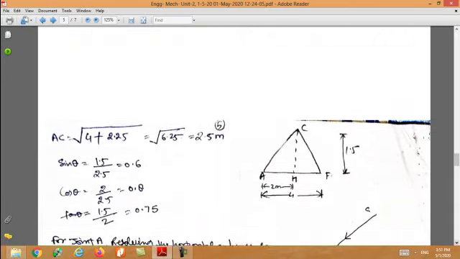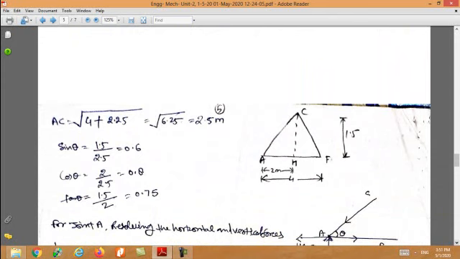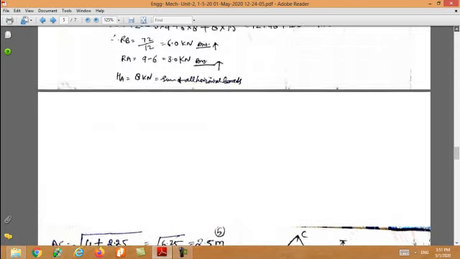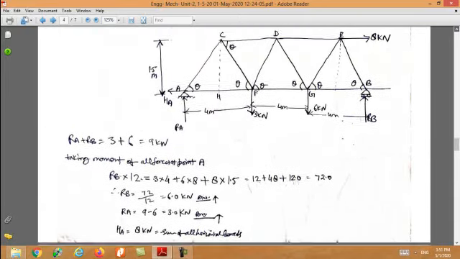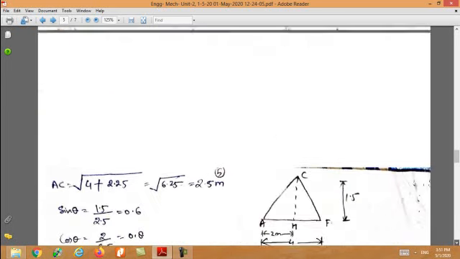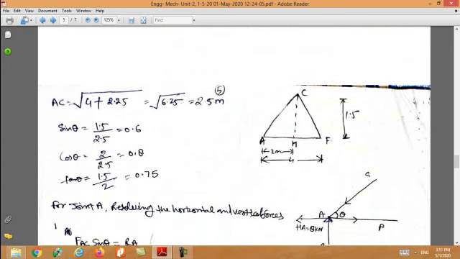Okay, so calculate other distances. In triangle ACF, the value of this AF is 4. Why is it 4? Because it is given, this distance is 4 and 1.5 is given. So find these values, AS. Mathematically you can obtain AS by the right angle triangle. So here is the calculation. You can obtain the value of AC. You can obtain the value of sine theta, cos theta. Is it?